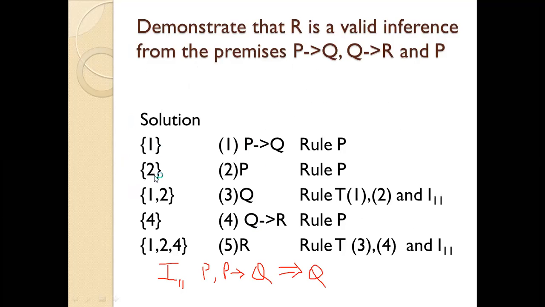This is premises number 1, this is premises number 2, and from 1 and 2 this is being derived. This is premises number 4, that is, this premises: one statement, two statement, this is third statement. So the third statement is obtained from 1, 2 and this is 4. Similarly, this last one is derived from 1, 2 and this fourth, and from this we got R.